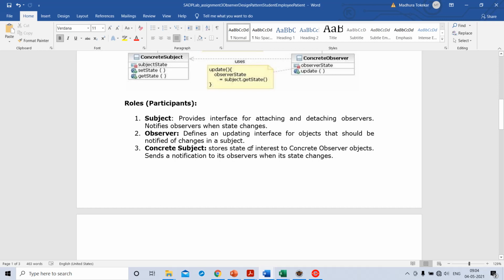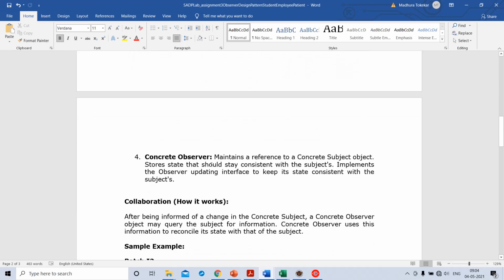Concrete subject stores state of interest to concrete observer objects, and sends a notification to its observers when its state changes. Concrete observer maintains a reference to a concrete subject object, stores state that should stay consistent with the subject's, and implements the observer updating interface to keep its state consistent with the subject's.